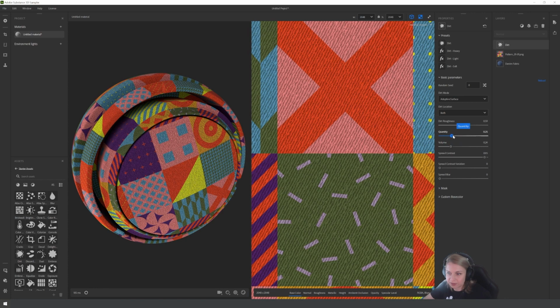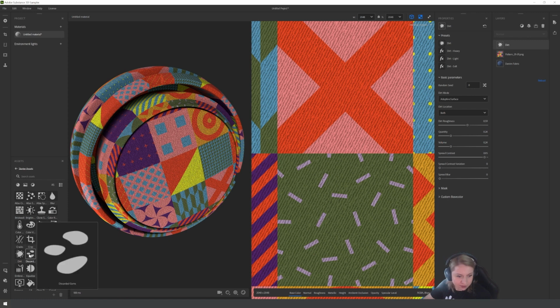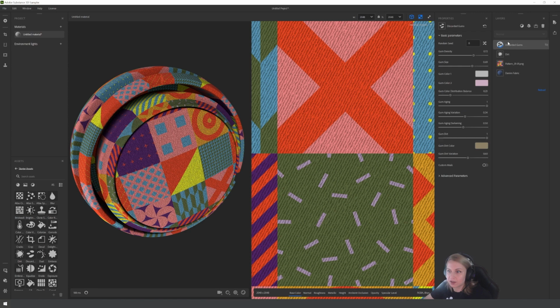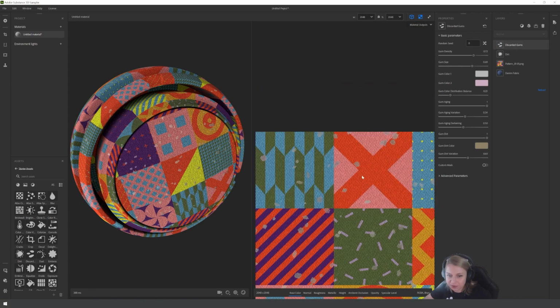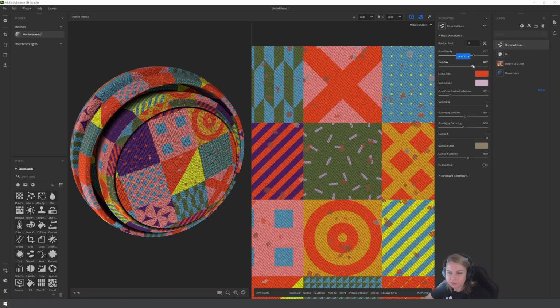Dirt is something that gets stuck in the little holes of the fabric, for example. There are other things like discarded gums if you feel like adding something like this to the material. Let's take a color sample. Oh wow, it's red, okay.